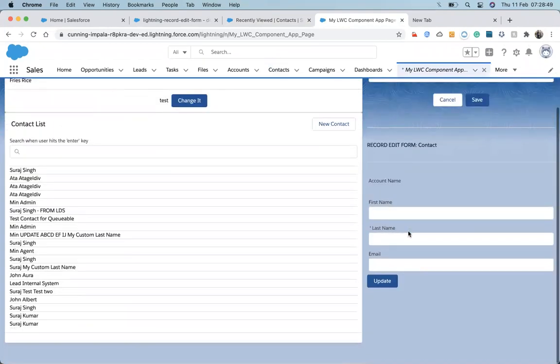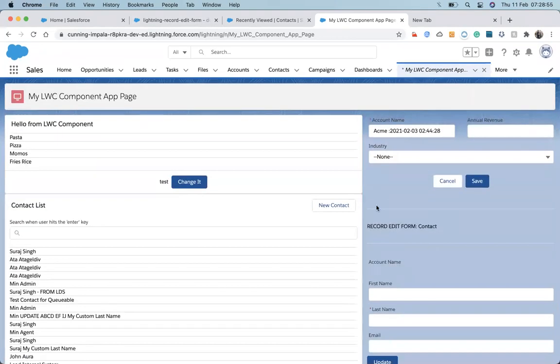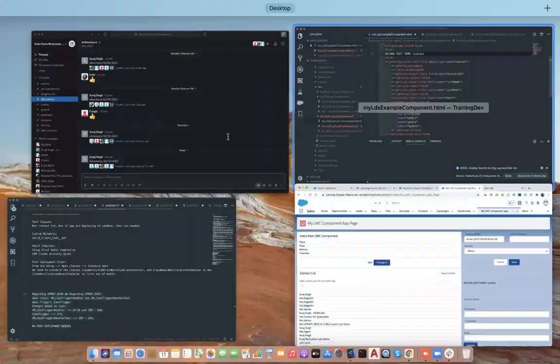You can see that whatever fields we added up here are showing up here, but the background is coming up blue. Let's make it white.